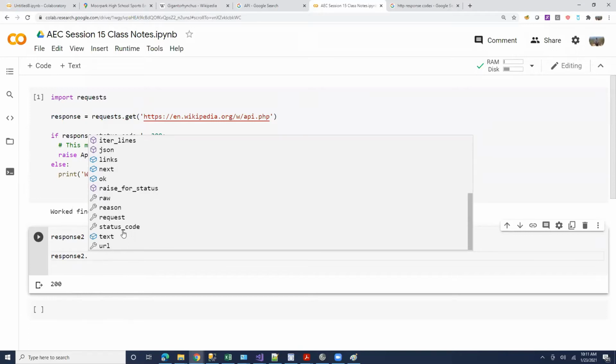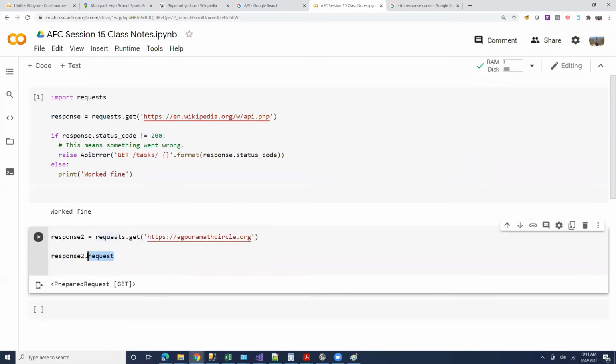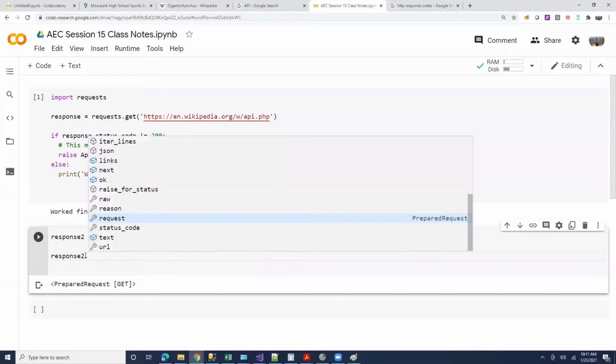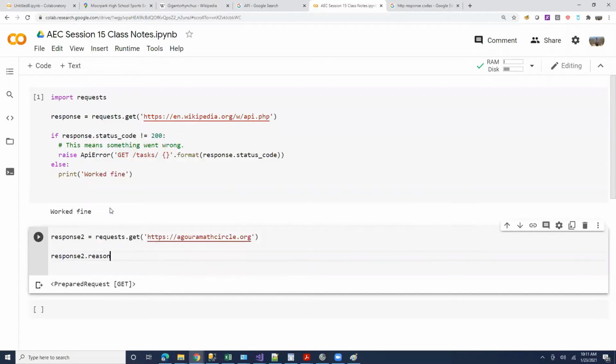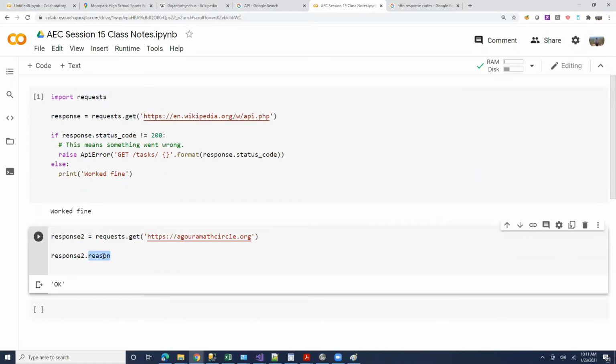So status code is one attribute of the response class. There are other attributes. So it has request. What is the request? So let's see. So request is a get type of request. So we made a get type of request. And what is the reason? I don't know what the reason is, but in this case, since it worked fine, reason is just saying okay.